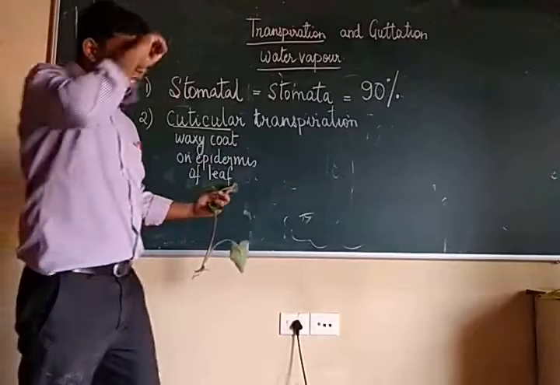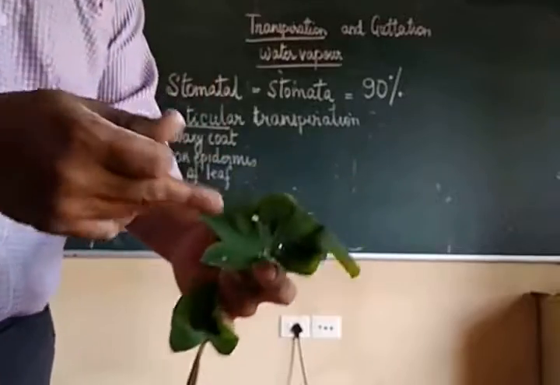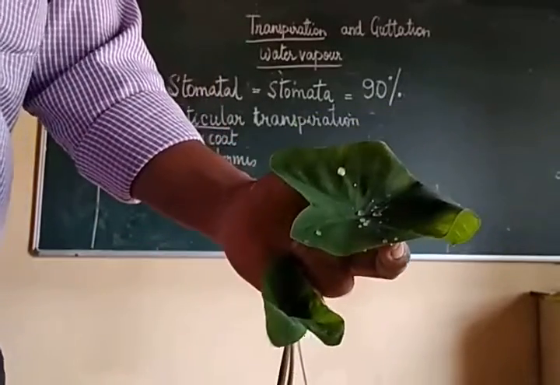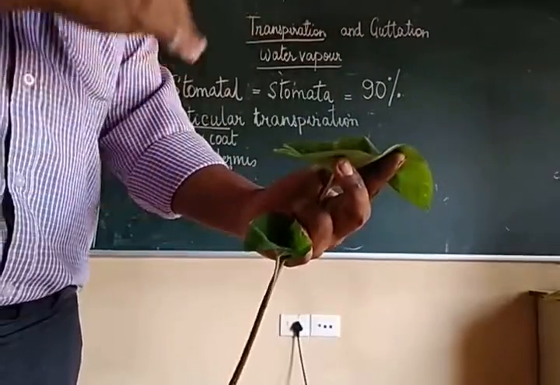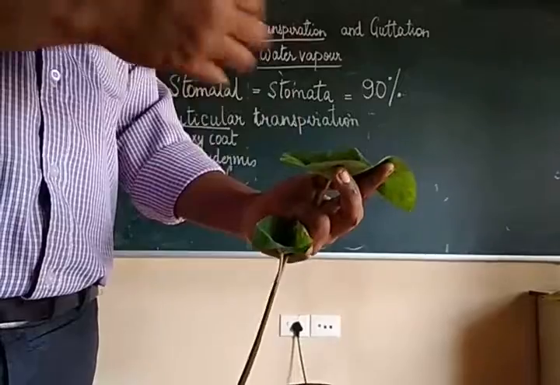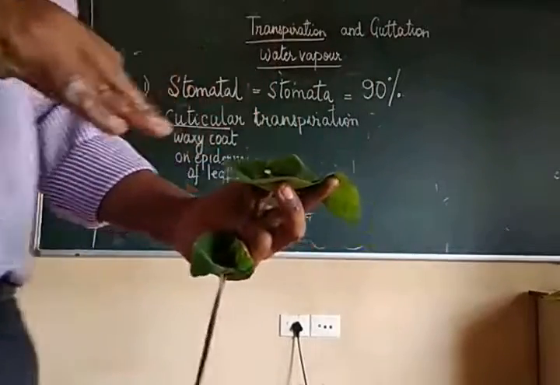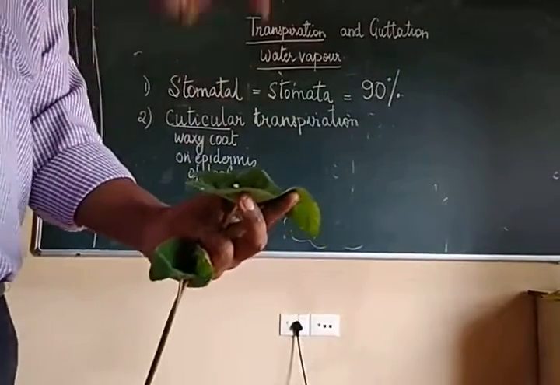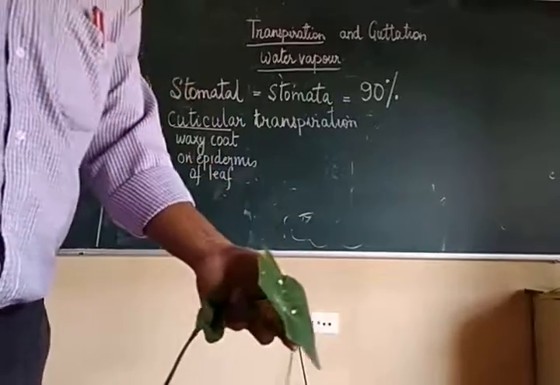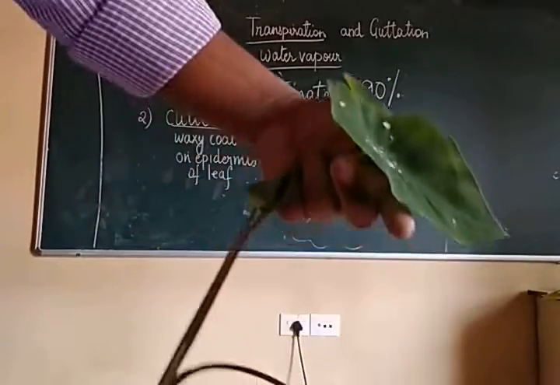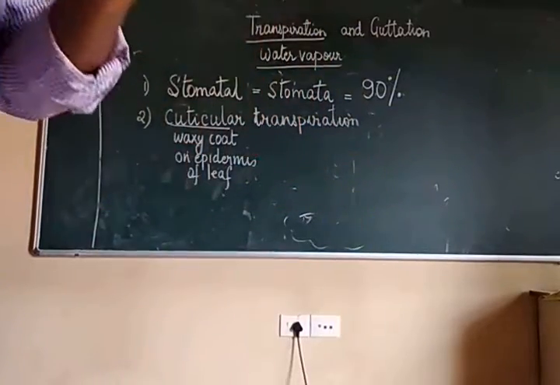Now sometimes when it is very hot, transpiration will also take place through this cuticle. Again, the cuticle is nothing but the waxy coat on this leaf. It depends on different plants. The waxy coat will be more in this case because this plant mostly grows during the rainy season, and a lot of water falls on this leaf. So to prevent the breakage of the leaf, the water just goes off. You can see, so this is cuticular transpiration.